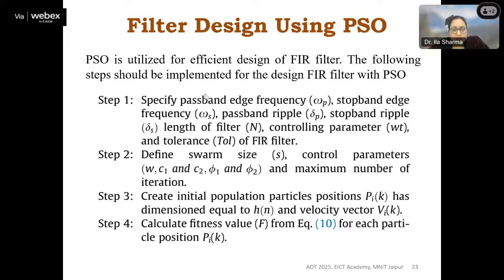Based on this initial parameter initialization, we then have to create a population, position and velocity matrix, specify the dimension, and then calculate the fitness function, that is the objective function which we have formulated.